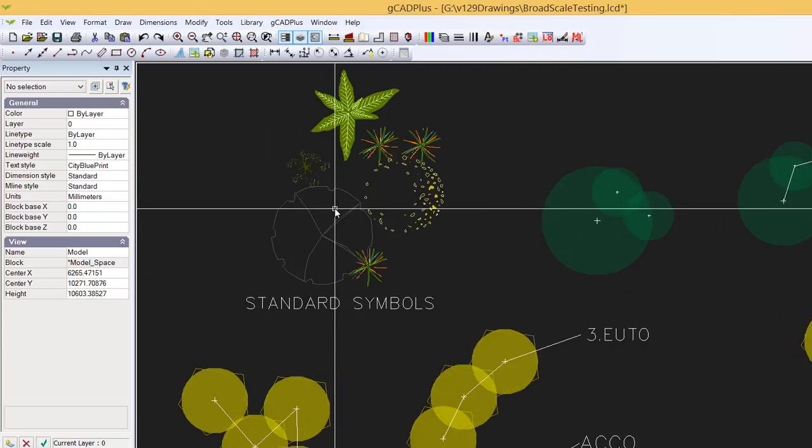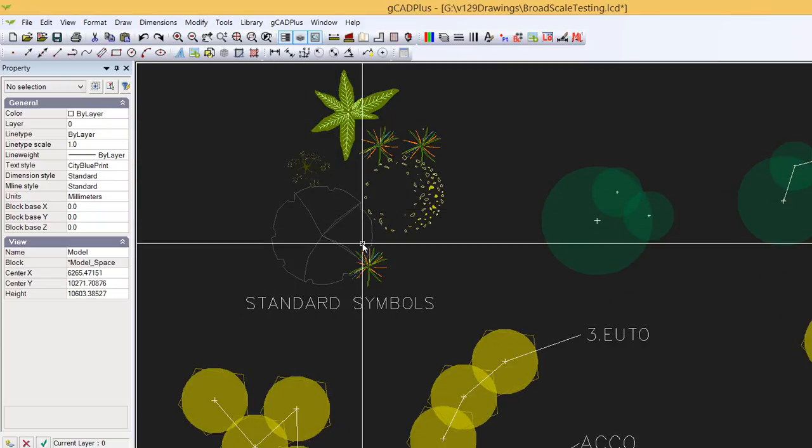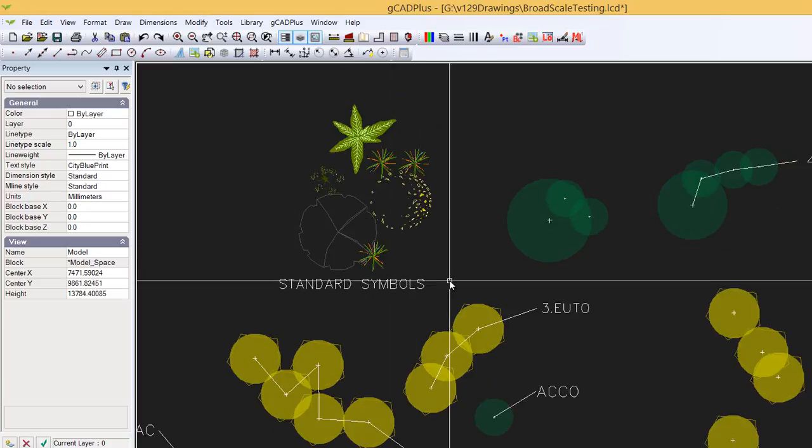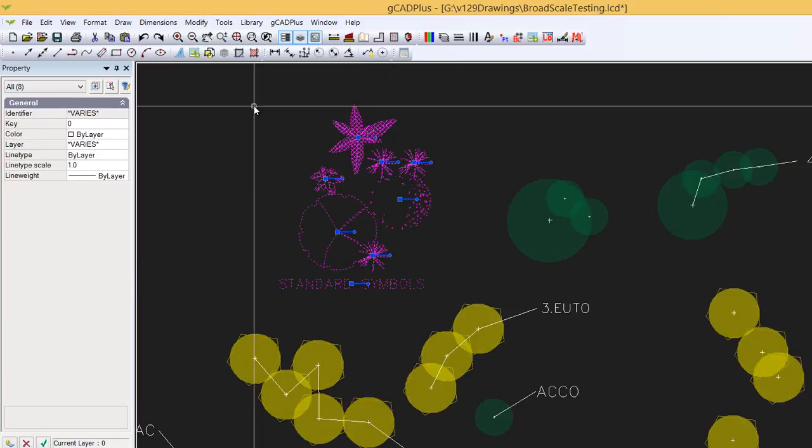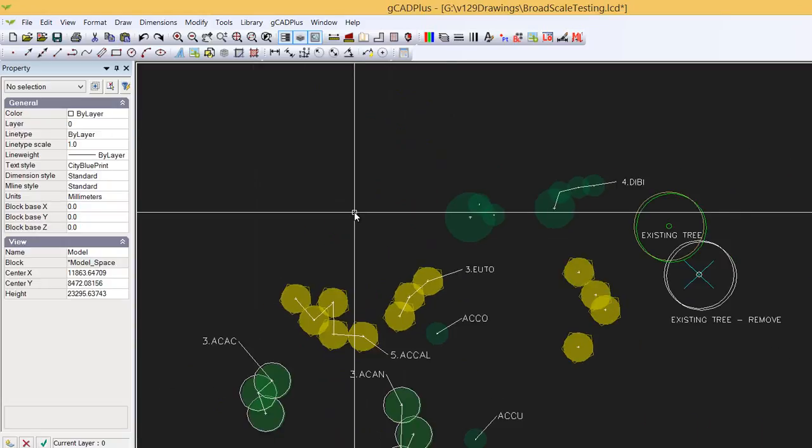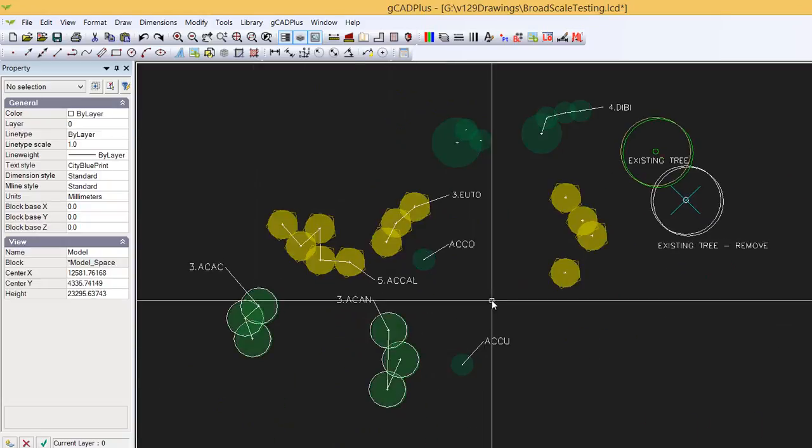The standard symbols here that are used in that previous design on a small scale project, some of them are put up the top here. What I'll do is just delete those. If you're doing broad scale work,